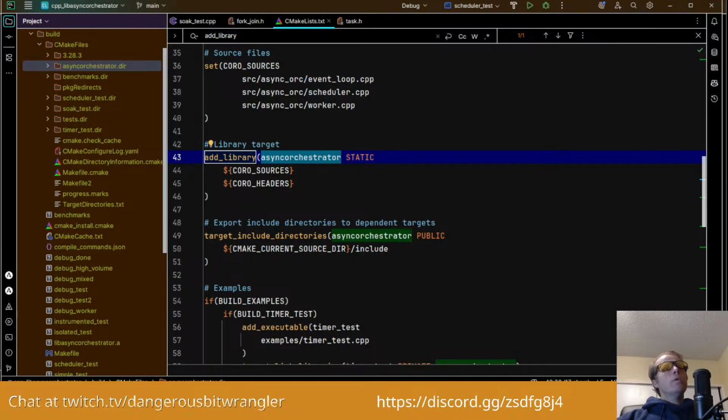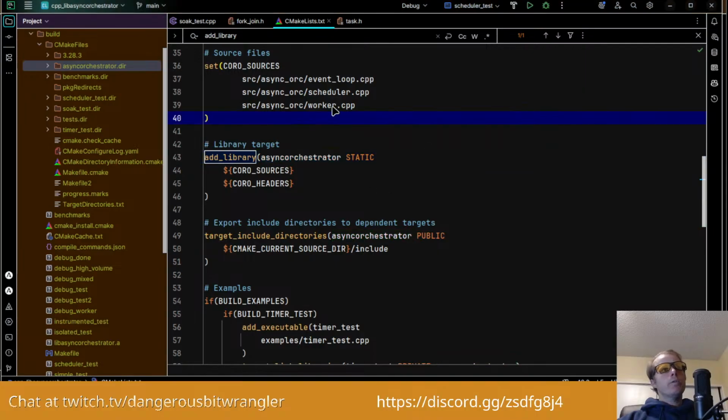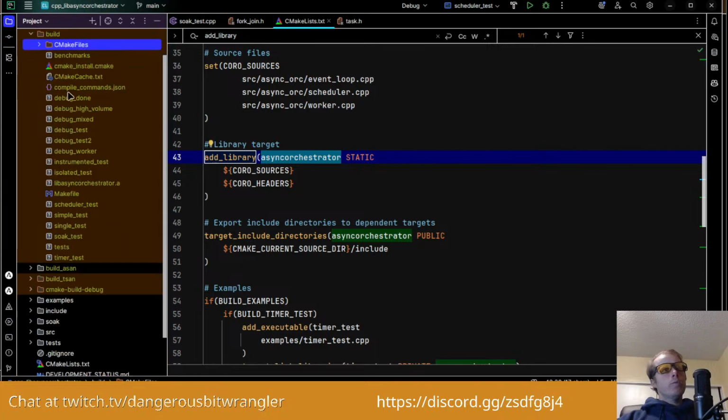I mean, according to AI here, it says that the FetchContent declared name is just for CMake's internal tracking. What matters for linking is the target name from the library's add_library call. So basically this part right here. However, I just don't know where it's